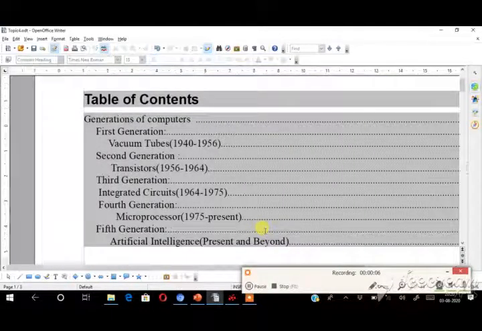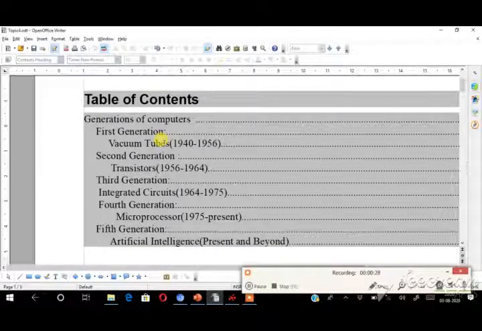Now see here, the index will be displayed. See, I gave the index name as table of content. This is the main heading, generation of computer, and the next is the first generation, and the third heading is the technology used. This is the way you create the table of content.